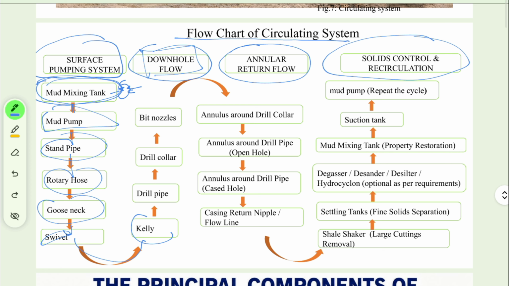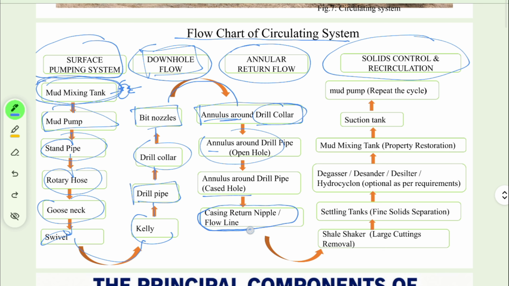Means the downhole flow. Then there is a drill pipe, right? Then through the drill collar, and there is a bit nozzle. Through the bit nozzle, we have discussed that there is an annular, right? The space between the drill pipe and the wellbore, that space is called annular, right? And through the annular around the drill collar, then it is the annular around the drill pipe, which is open hole. Now next thing, the annular around the drill pipe, cased hole, and then it is casing returns or return